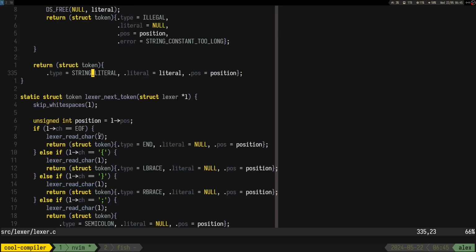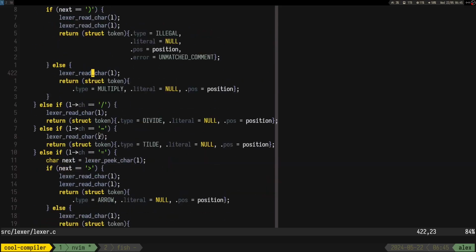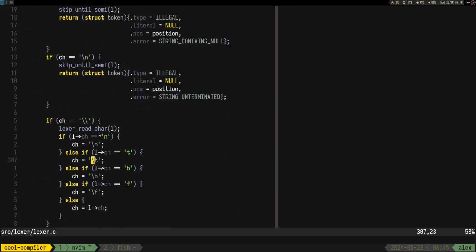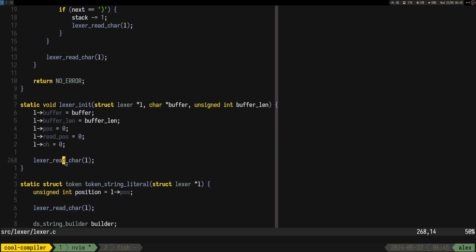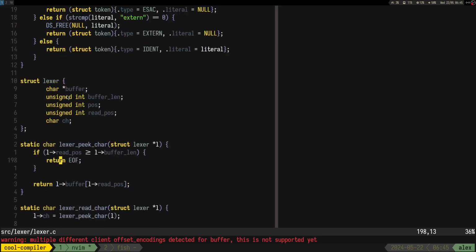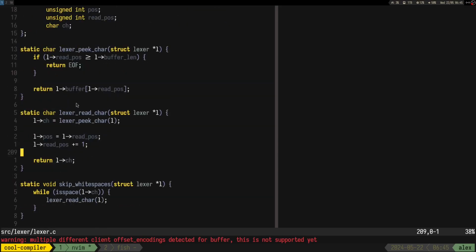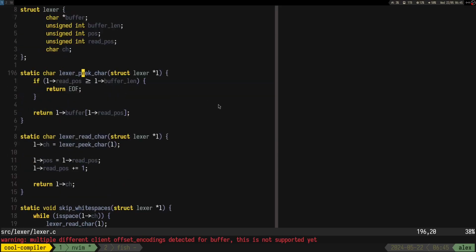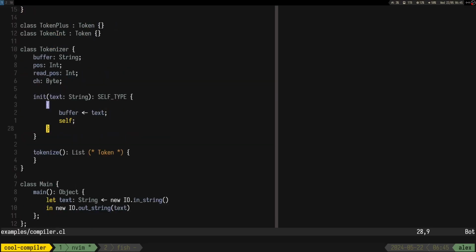So where is, okay, so let's see. But yeah, this approach, I really liked it, so that's why I did it like this. I thought, well, it seems to work, and why not? So yeah, let's do these functions: lexer pick character, lexer read character.